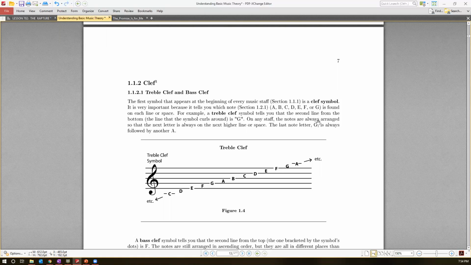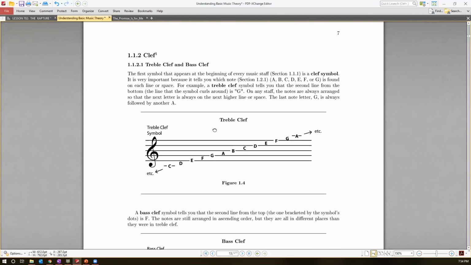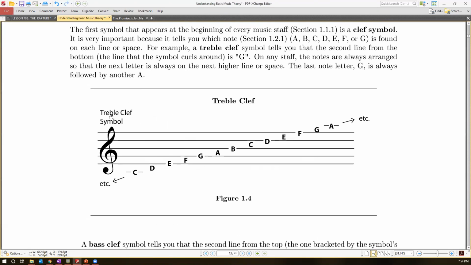On any staff, the notes are always arranged so that the next letter is always on the next higher line or space. The last note, letter G, is always followed by A. We don't go to H; it follows with an A. And there we have it. With the treble clef symbol, you start with a G, or you know F-A-C-E, just write in the spaces F-A-C-E. And then in your lines, you say, every good boy deserves